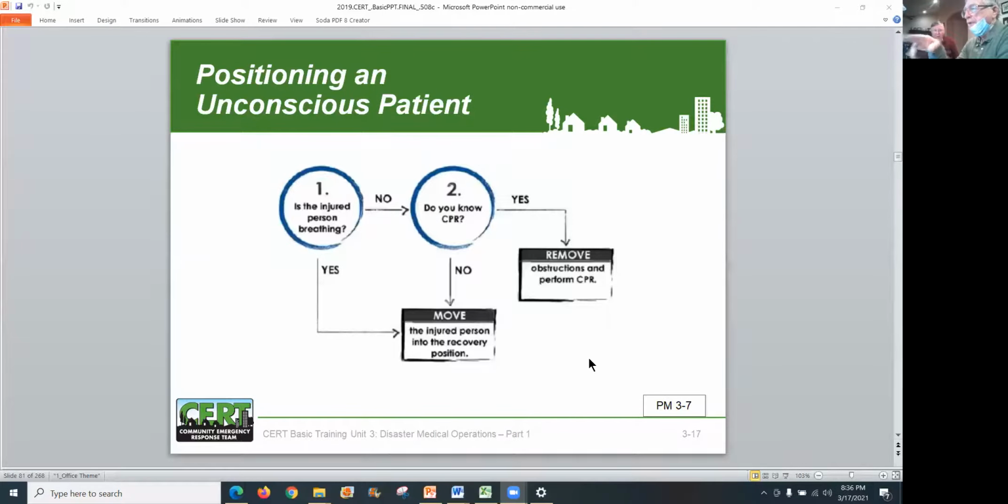There's actually a step that's not included there that probably should be. Do you know CPR? Well, you need to open the airway first. That way, hopefully they'll breathe on their own. And if you know CPR, you can instruct. I mean, you can do it yourself, or you can get somebody to help you, hopefully.